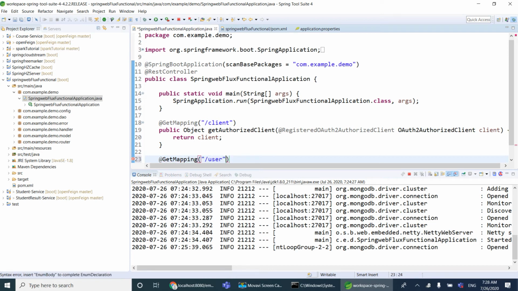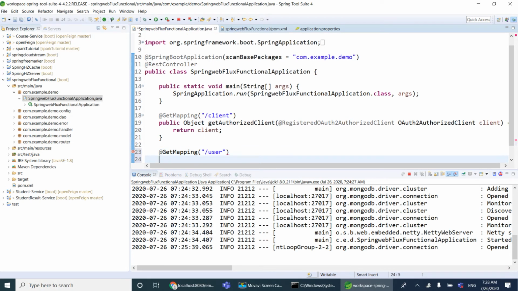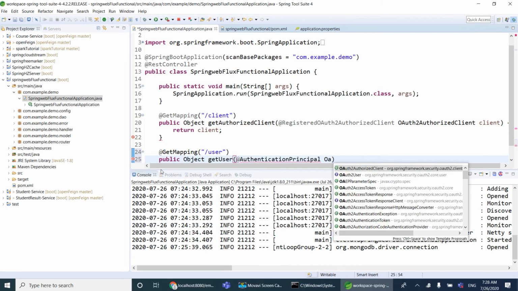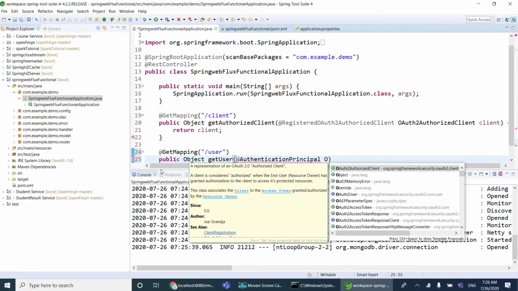User. Public Object getUser. To get this user details, I need to use the annotation called @AuthenticationPrincipal OAuth2User user.